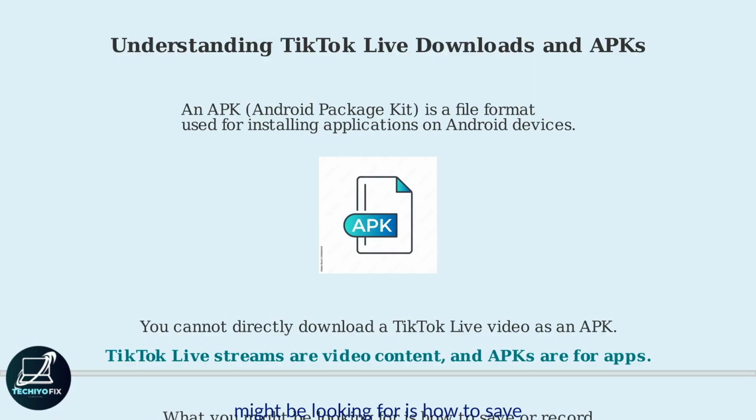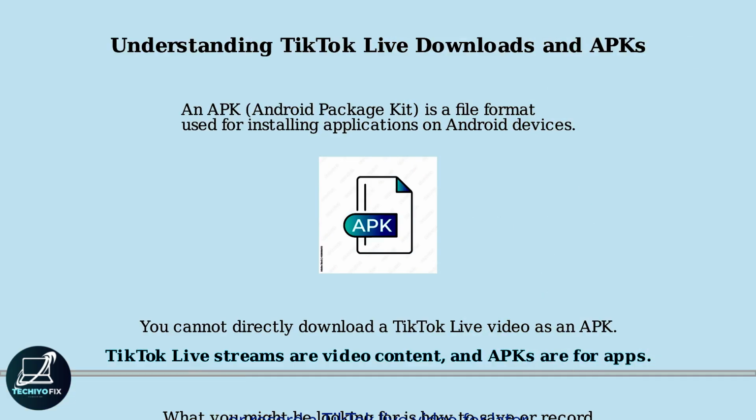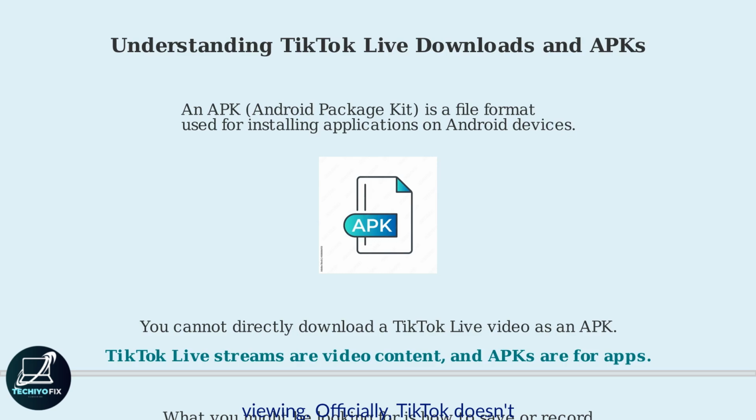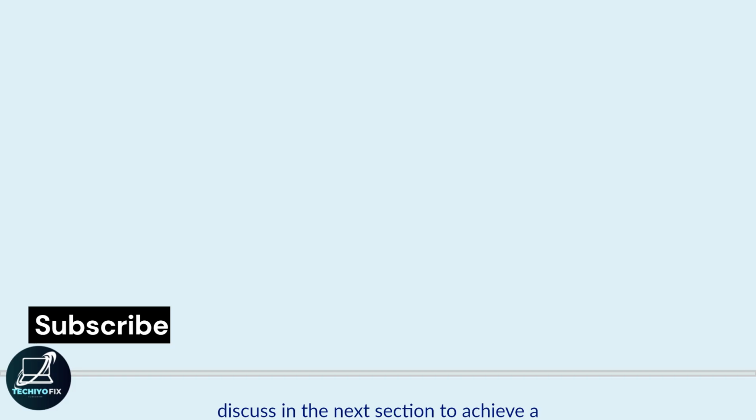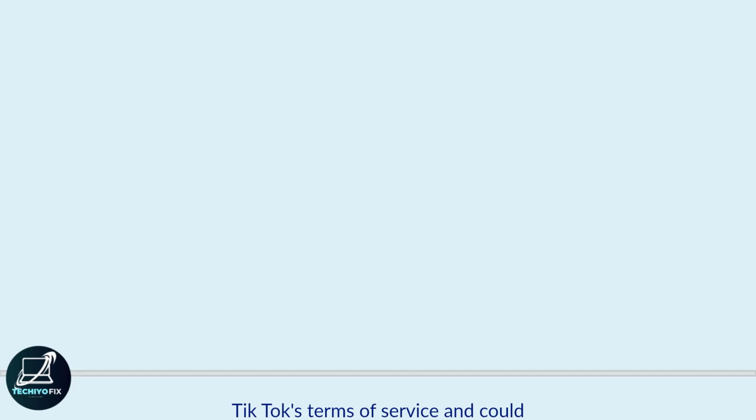What you might be looking for is how to save or record a TikTok live video for later viewing. Officially, TikTok doesn't provide a direct download option for live streams during the broadcast. However, there are alternative methods we'll discuss in the next section to achieve a similar result, saving the live content for later viewing. Note that downloading or recording content without the creator's permission might violate TikTok's terms of service and